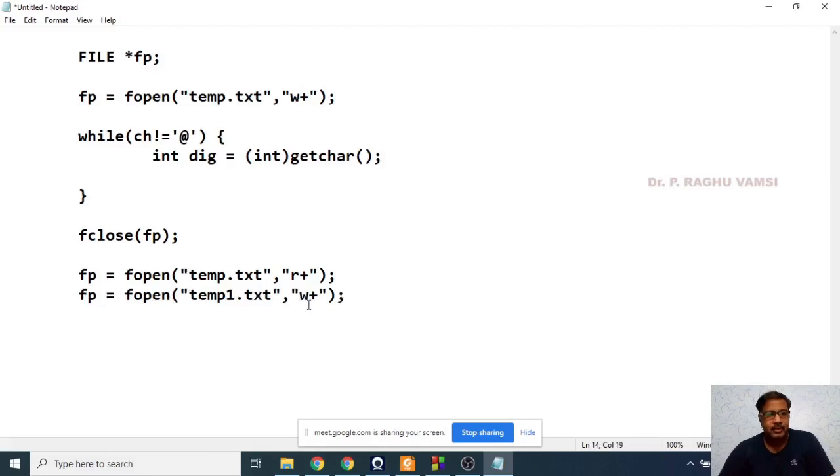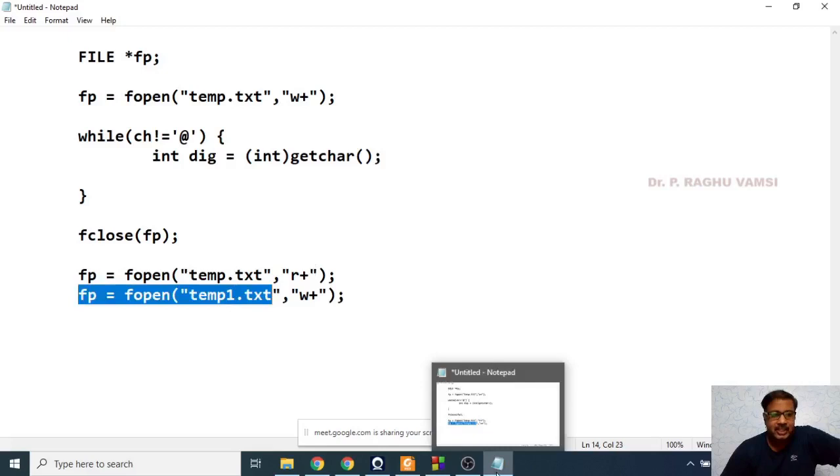You read digit by digit from temp1.txt and multiply with 8. If it is 0, skip it. Whatever the multiplication by 8 gives, you again place it in temp1. Thereby you will get temp1.txt with this particular list of elements.